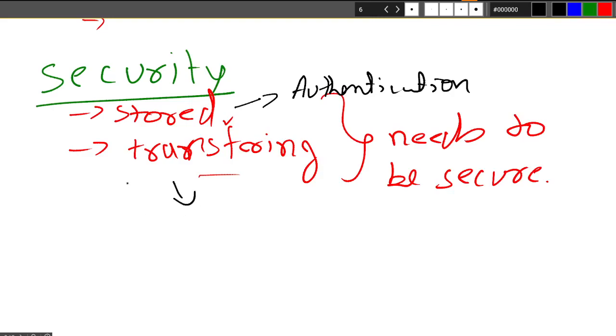When your data is being transferred, you will use encryption. After knowing these things, let me name some more attacks that are possible.